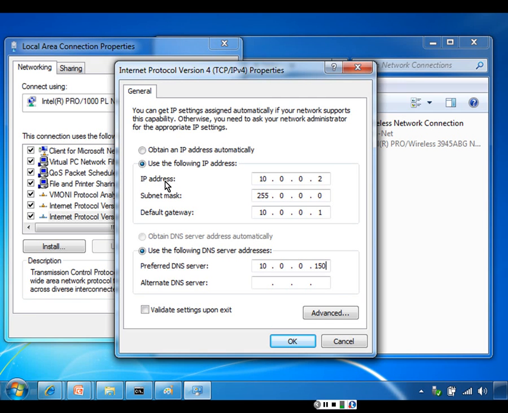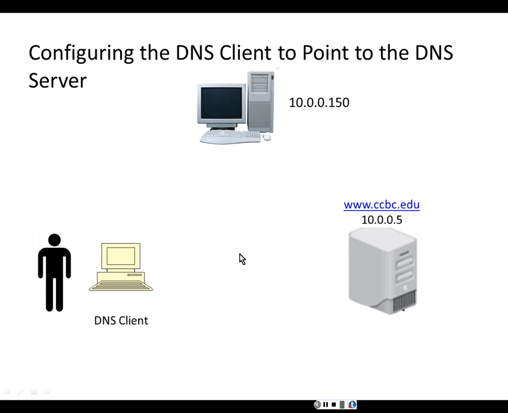Now you already know what the IP address, subnet mask, and default gateway are. A fourth variable that we type in when we configure TCP/IP is the IP address of the DNS server, which in this example is 10.0.0.5. The reason we type in the IP address of the DNS server is so when the user types a host name, the workstation knows to push the query up to the DNS server, which in this case is